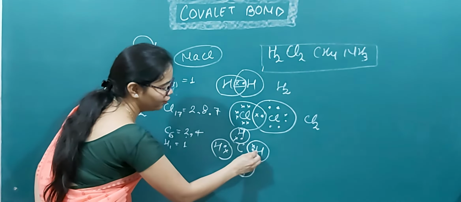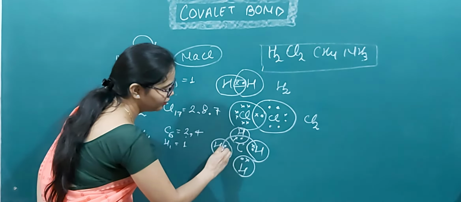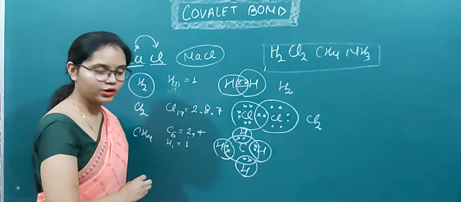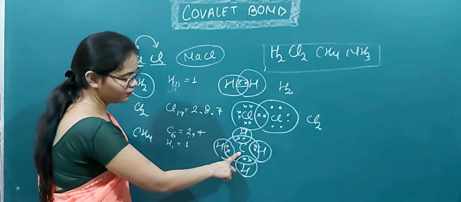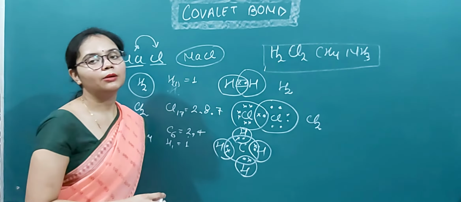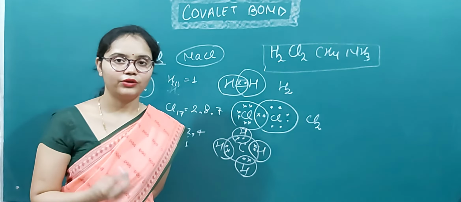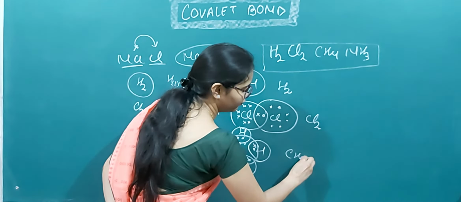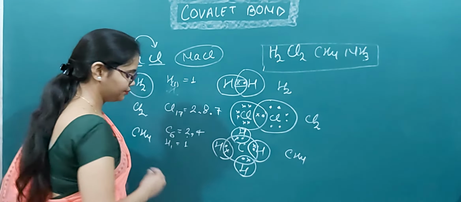Okay, so 4 more electrons it will get from these 4 hydrogen atoms. In this way carbon completes its octet and all the hydrogen atoms complete their valence shell with 2 electrons. Okay, and a CH4 molecule will form. Similarly,